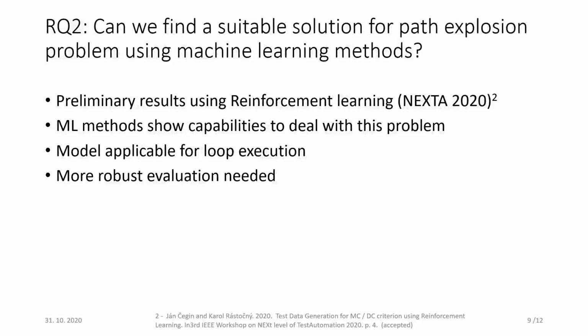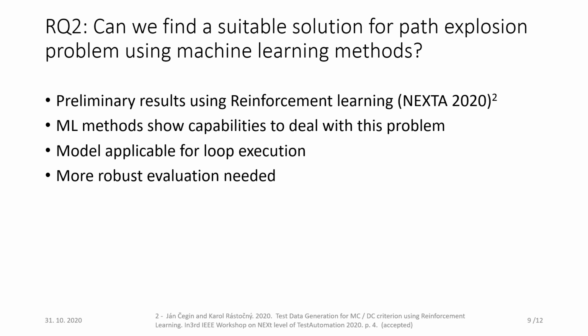In our next research question, we ask ourselves, can we find a suitable solution for the path explosion problem using machine learning methods? As presented previously, we used reinforcement learning in a subset of 22 handpicked C functions to determine if it can be used. Here, we found out that we are able to achieve 100% MCDC unit testing coverage for functions with loops, external function calls, and recursion, but we failed at functions with complex